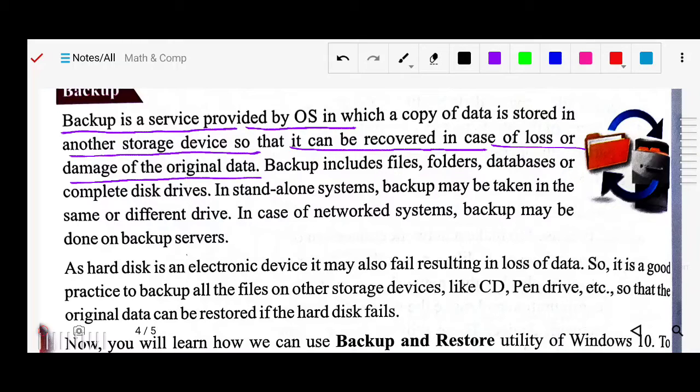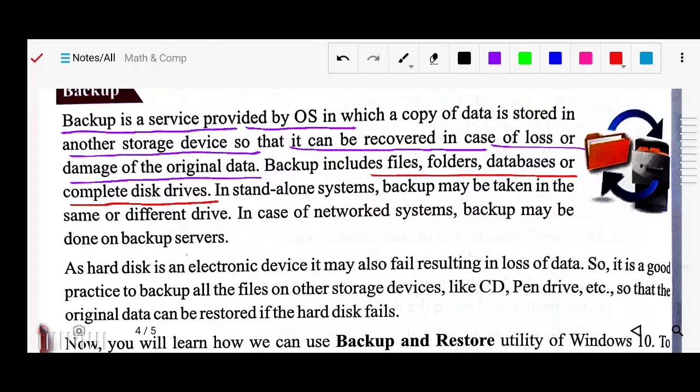You can make the backup on your hard disk or on another external device. If something is damaged, you can recover it from that backup file. Backup includes files, folders, databases, or a complete disk drive. These things you can back up.